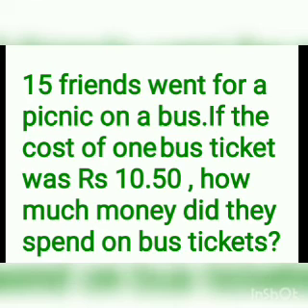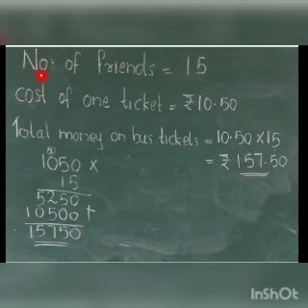What will we do here? So what is the number of friends? 15 friends went. What is the cost of one ticket? 10 rupees 50 paisa. Now, what is the total money on bus tickets? We will multiply the cost of one ticket with how many people went. That is 10.50 into 15. So, what we are doing here, without the decimal point, we are multiplying, and in the product we are inserting the decimal point. So, when we are multiplying 1050 into 15, we are getting